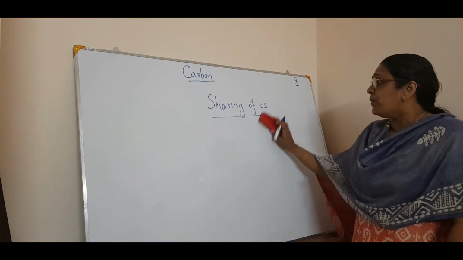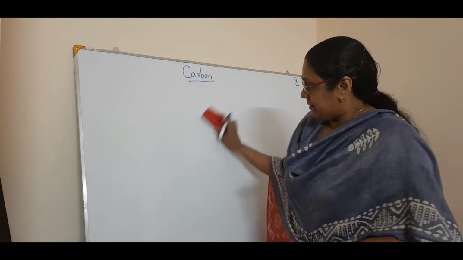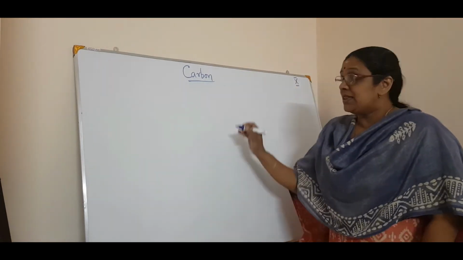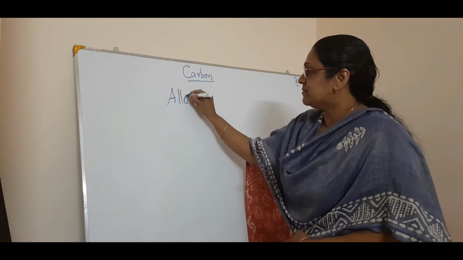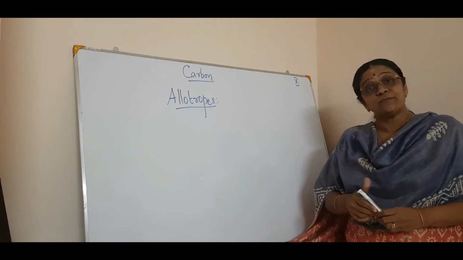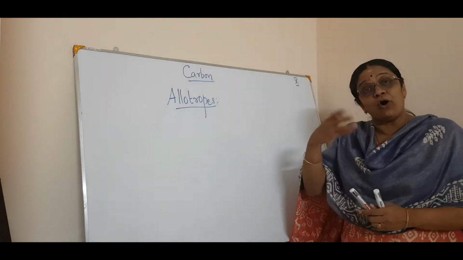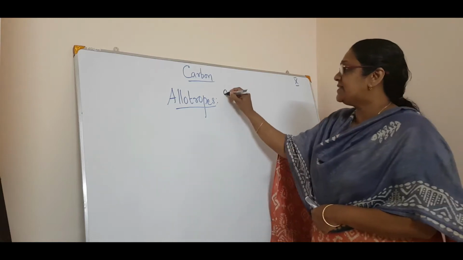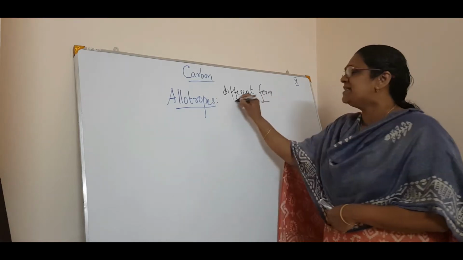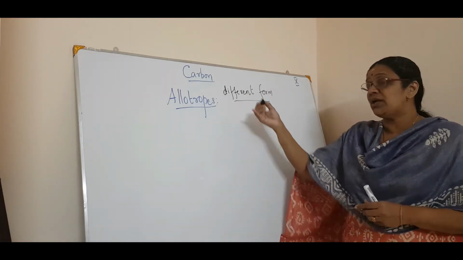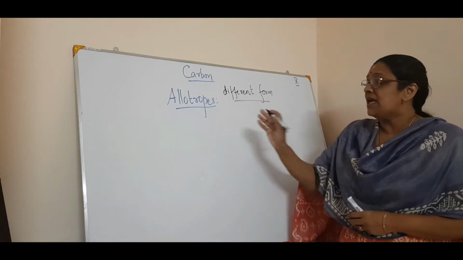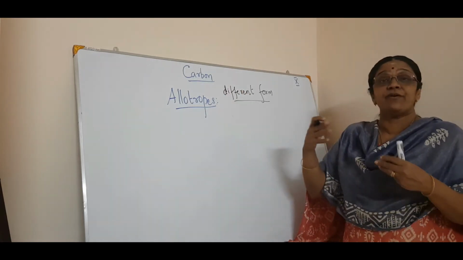Today, now we will see a topic related to carbon. They are called allotropes. Now, what do you mean by allotropes? Allotropes are nothing but different forms of carbon. What is it? I can say different forms of carbon. Now what is meant by these different forms of carbon? See, not only carbon, so many elements have allotropes. Okay, which means carbon will have different forms.